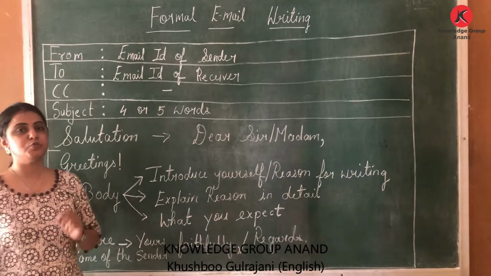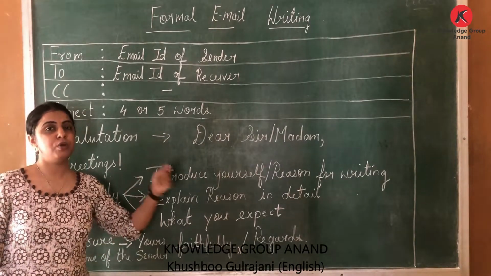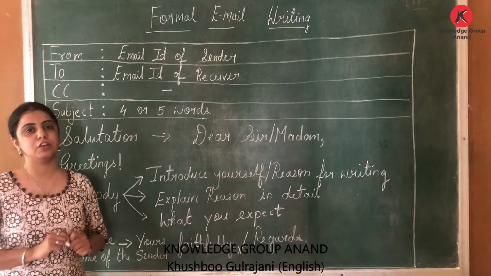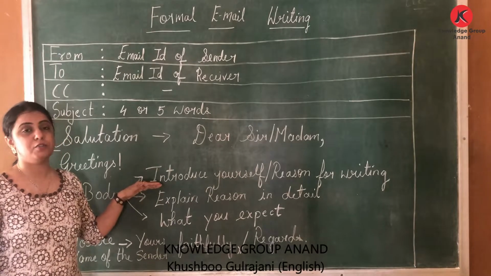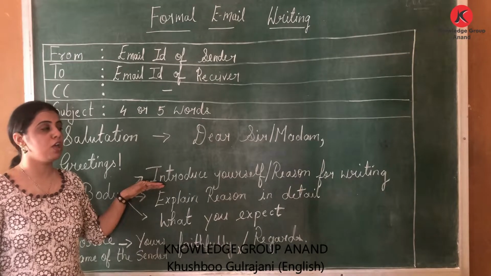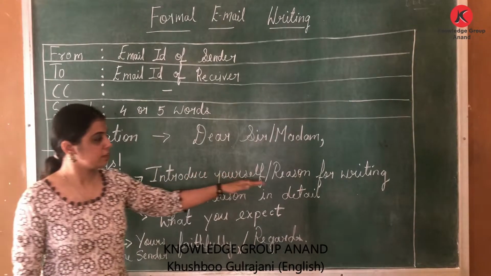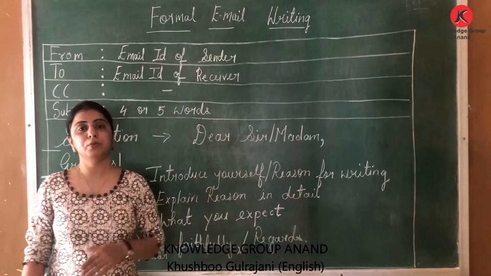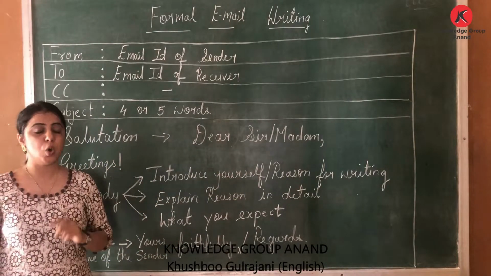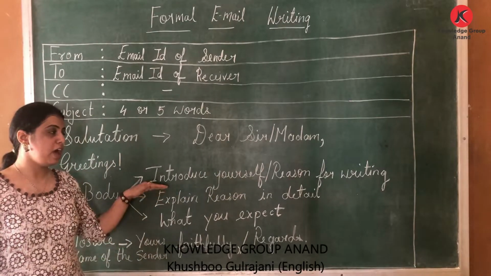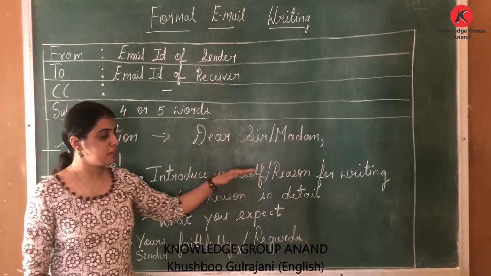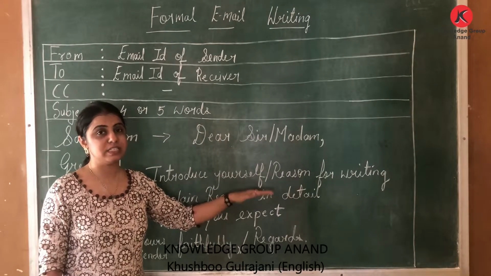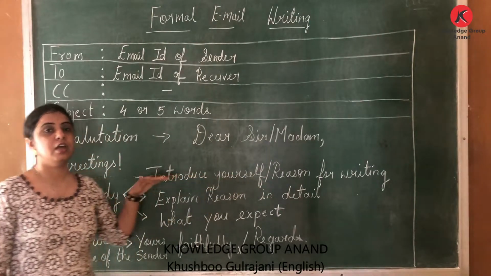Whenever we use this phrase, one of the, the noun after that will always have S after it. So I am one of the concerned citizens of your city. I am one of the concerned citizens of your country. Then next, reason for writing. You can put it in the second sentence or you can continue it like this. I am one of the concerned citizens of your city and I am writing this email to draw your attention towards the uneven roads in our area.